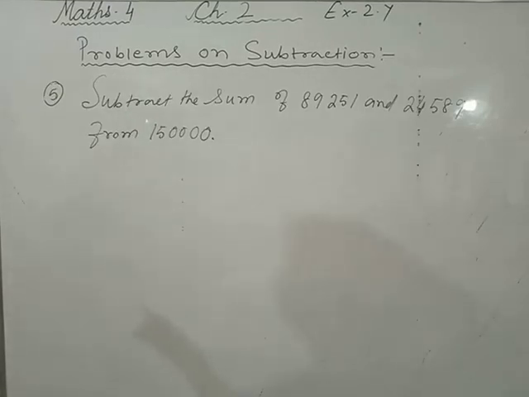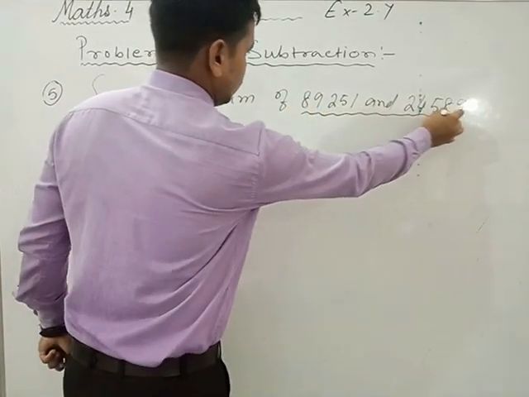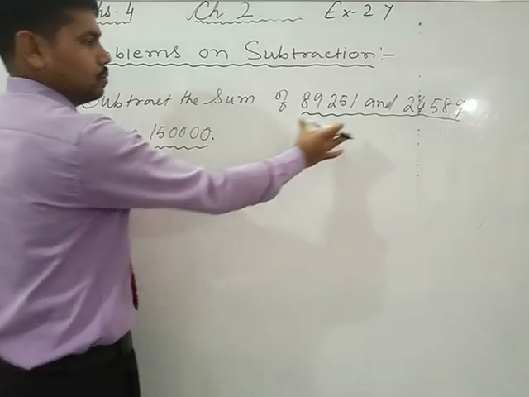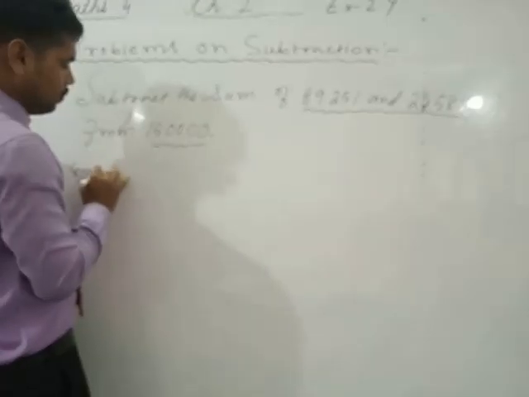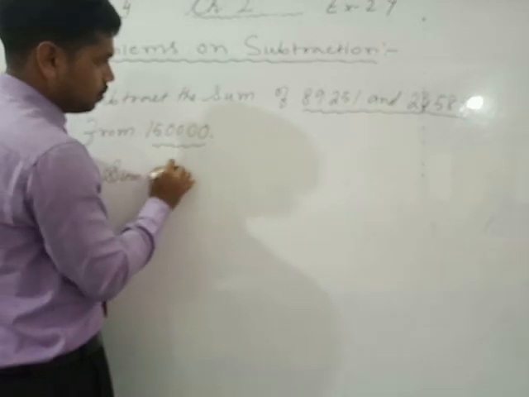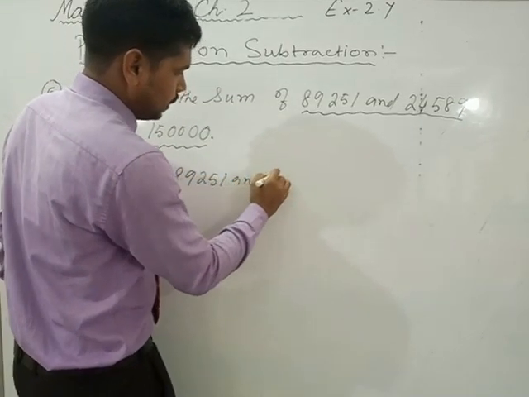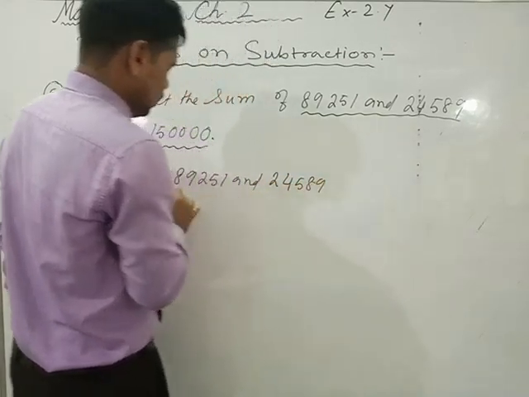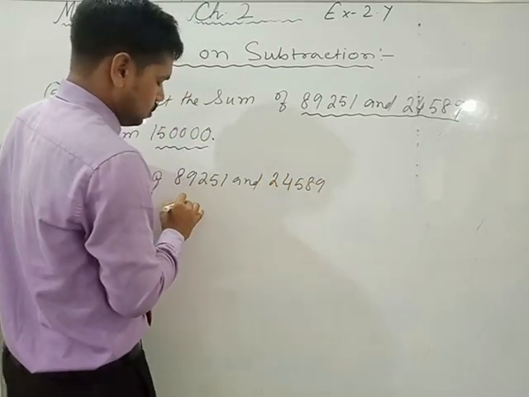Next question is asking, subtract the sum of this and this from this. Like the previous one, first you have to find the sum of these two numbers. Okay, so the sum of 89251 and 24589 is equal to,